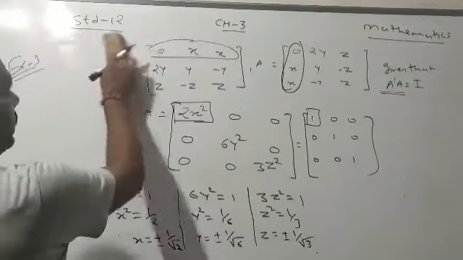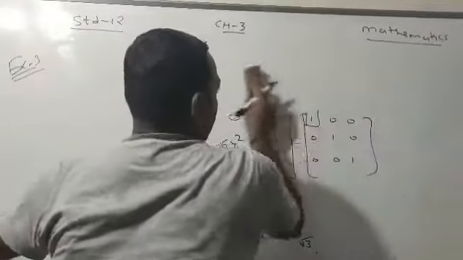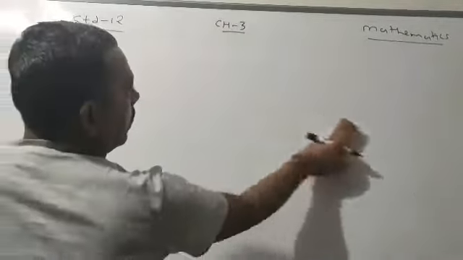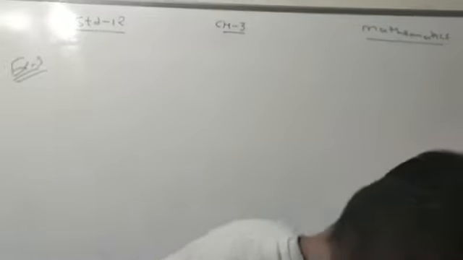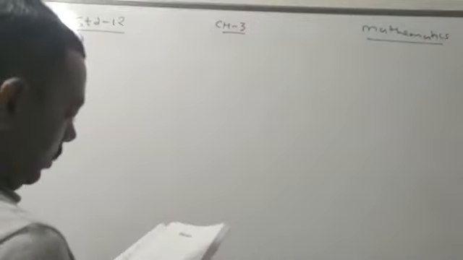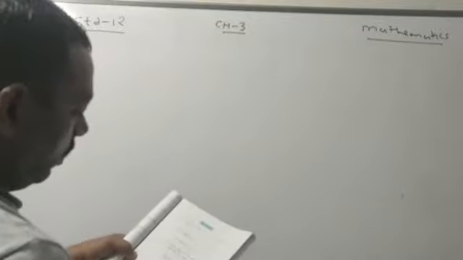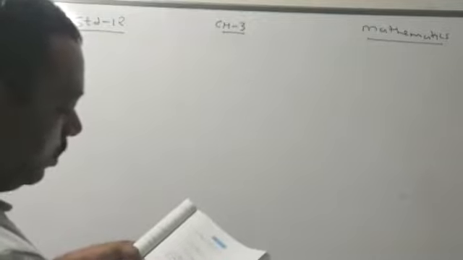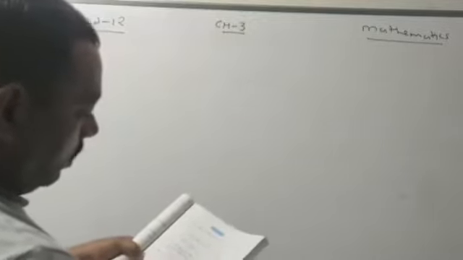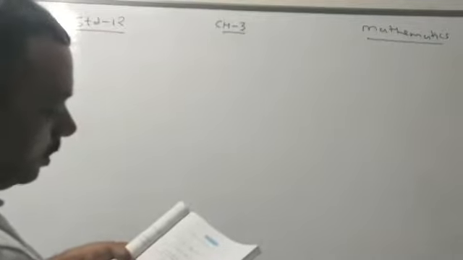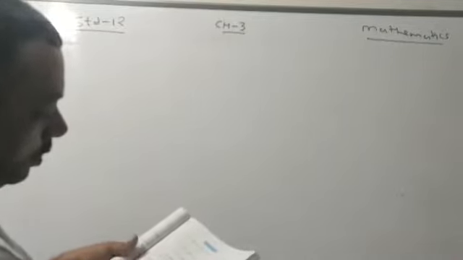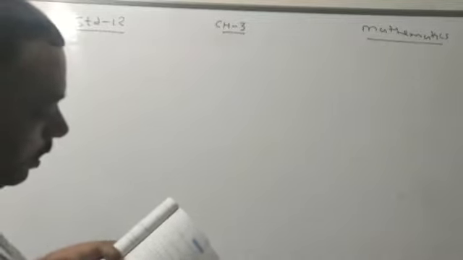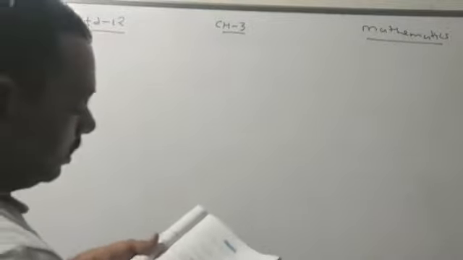Now we will go with the next question, that is question number 7. In the textbook, question number 7 and question number 9 are the same question. In both we have to find the value of x. I will solve question number 7 and I will give you the 9th question as homework. In question number 7, x occurs only once, but in 9, x occurs twice. So you will get a linear equation in the 7th question and a quadratic equation in the 9th question. I will solve the 7th one.